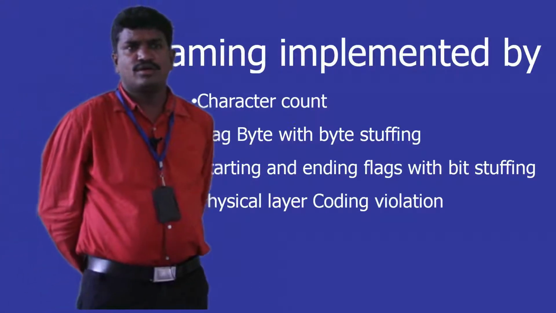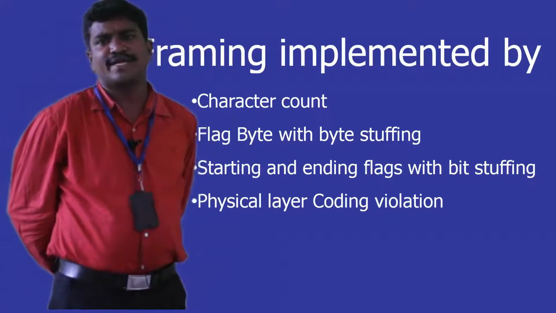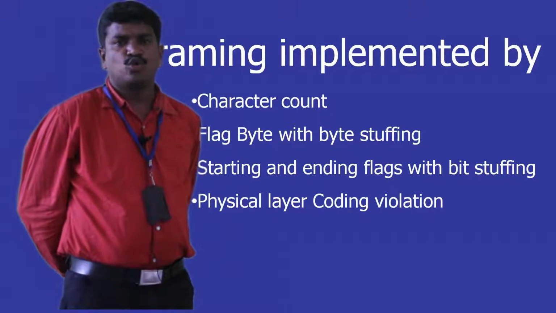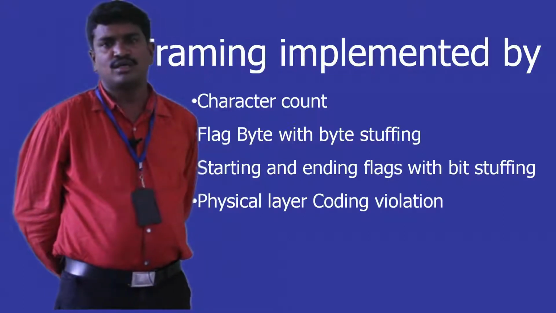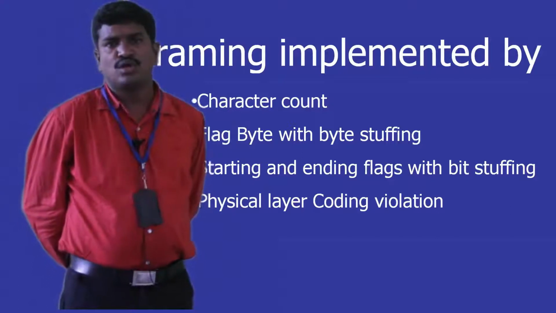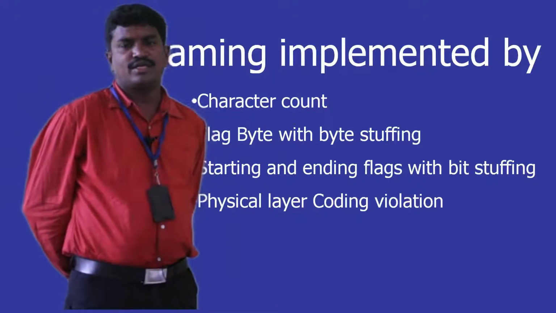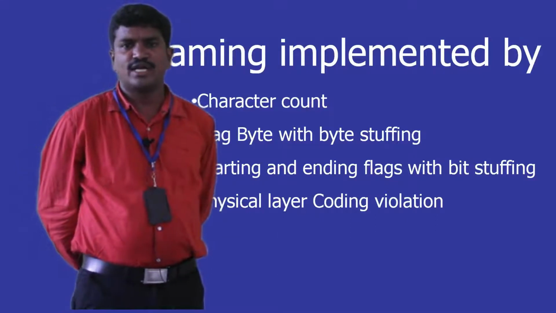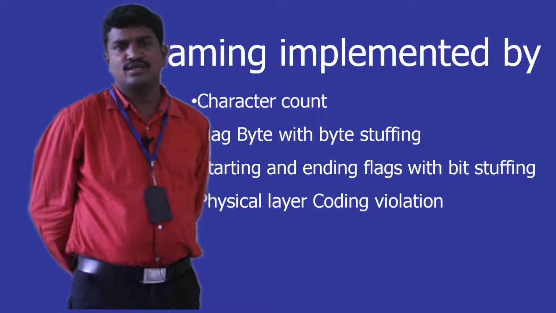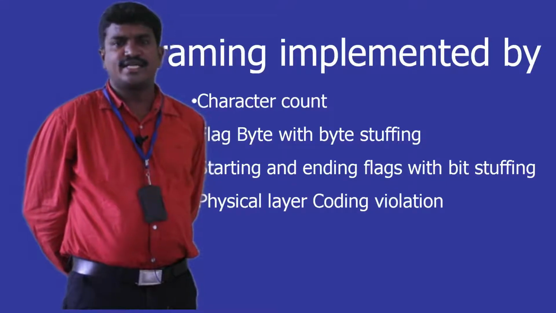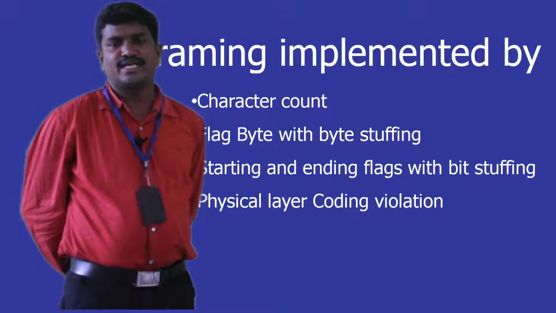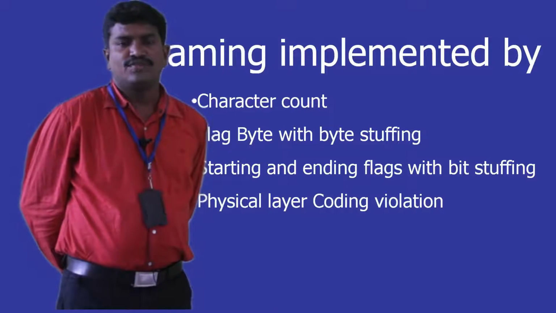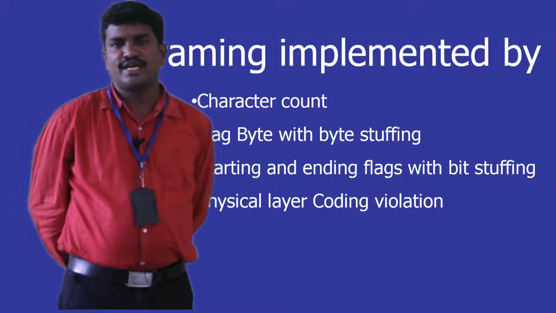The process of framing is a process of receiving the packets from network layer and grouping them into a unit called a frame. So if a frame is designed, the data link layer should include what is the starting of the frame and where the frame is going to end. So these headers and trailers are added by the data link layer in order to identify which is the beginning of the frame and which is the end of the frame.